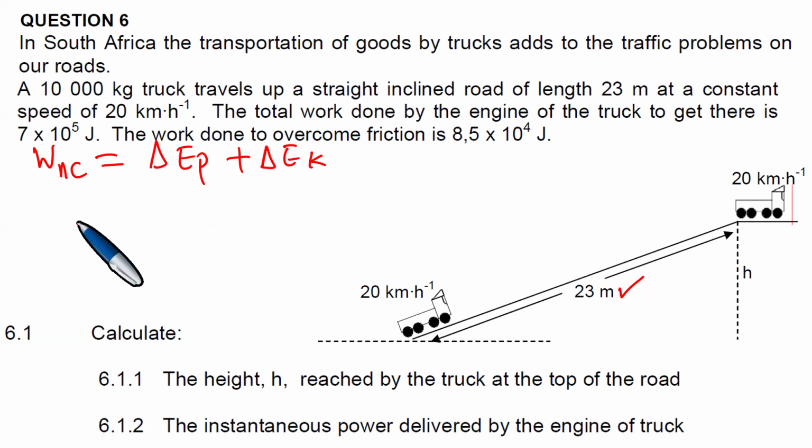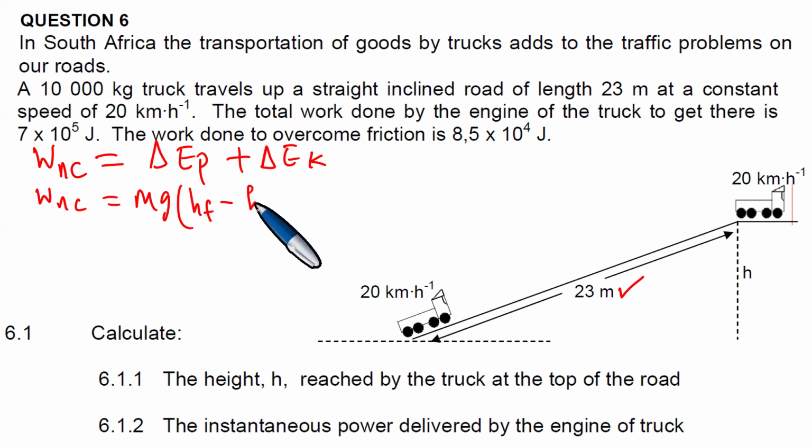So in the end, work done by non-conservative forces is the same as mg, and here you can put the final height minus the initial height, plus